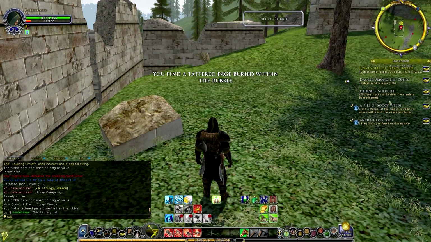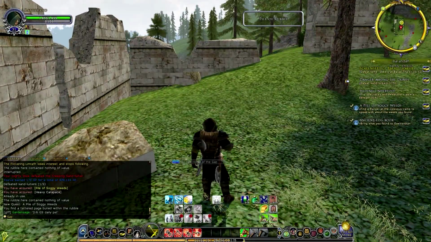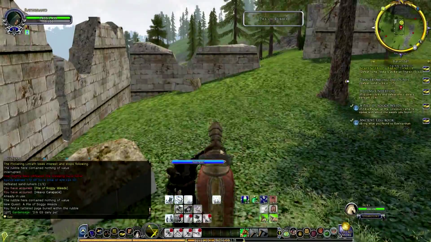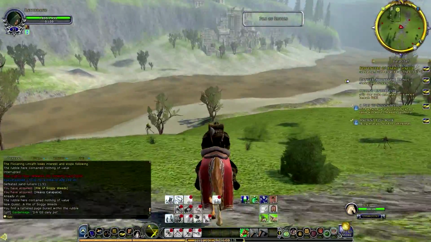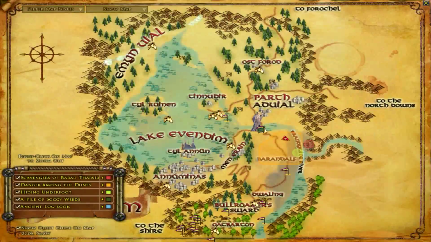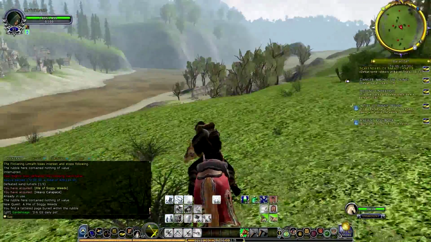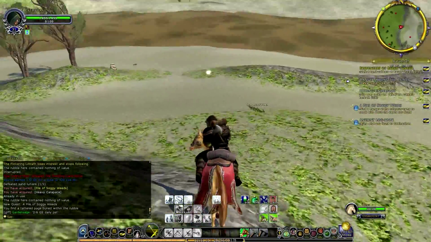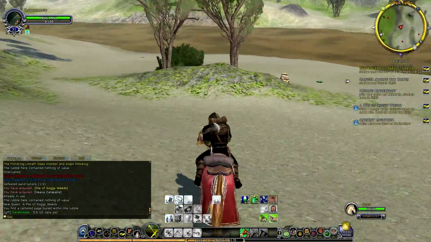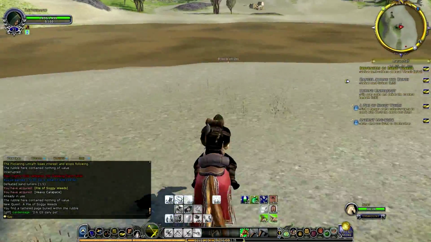Ancient logbook. Did we find it? We did indeed find what we were looking for here. Okay, so that's good. Now we'll jump back up on our horse, and we'll head over this way. And let's see here. Let's come on down, and along the river,